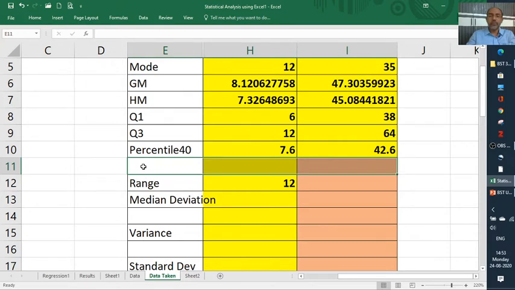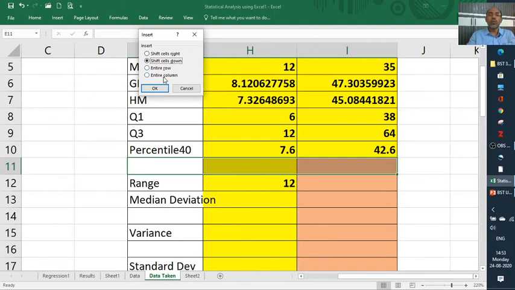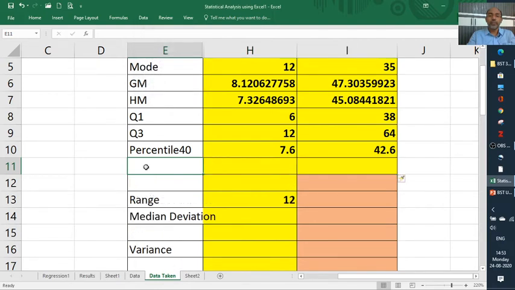I'll insert one more row, cell down. We'll put maximum, that is called the large value.